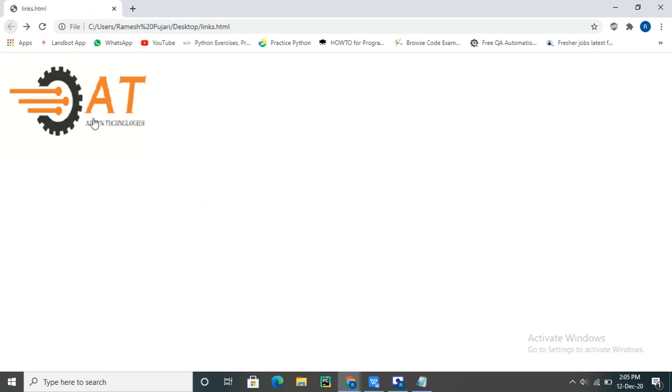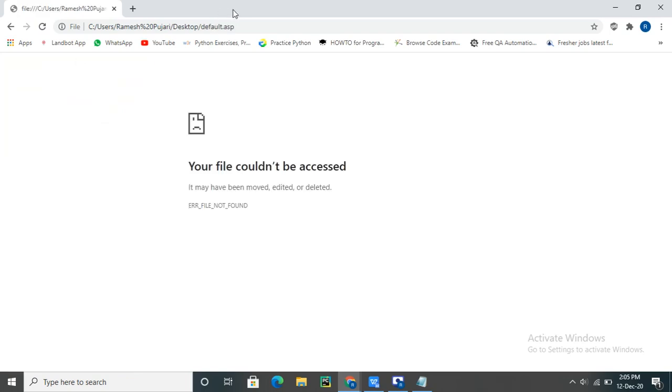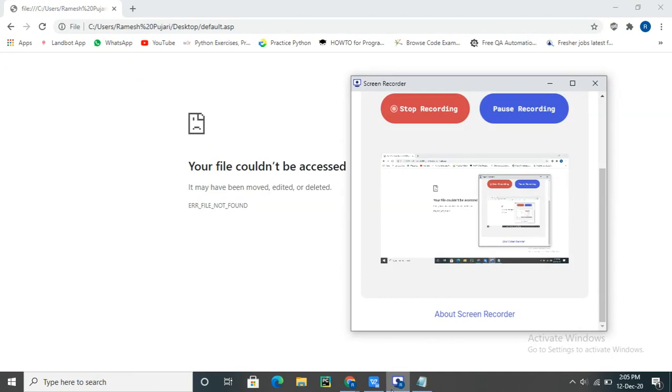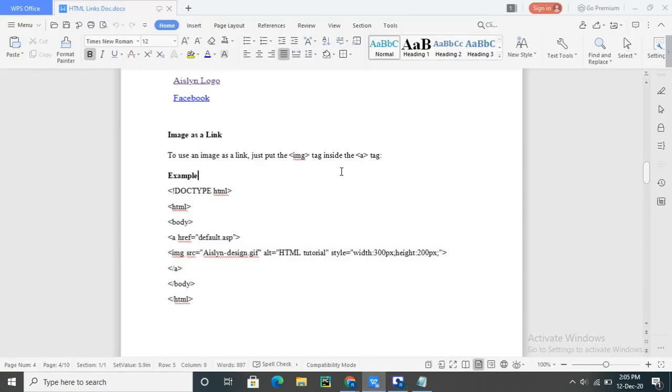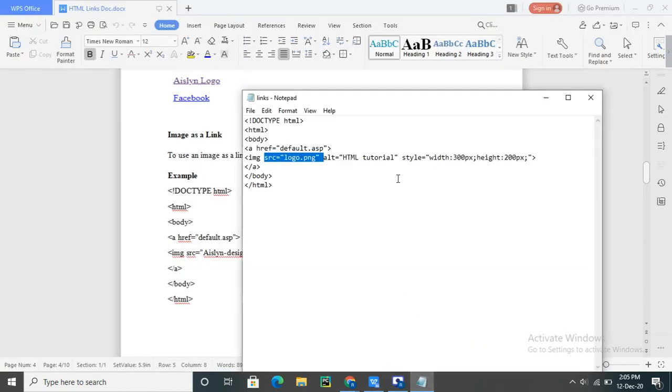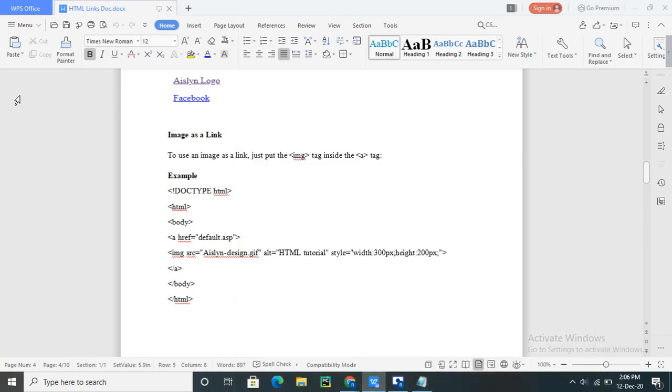Okay, so this is a simple example. This image itself is clickable, so if you click on this image, it will redirect to another page. Here, if you want, you can check by using other pages too. Now I will use index.html, so I have an index page.